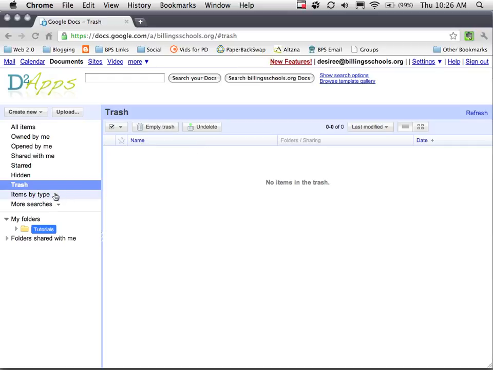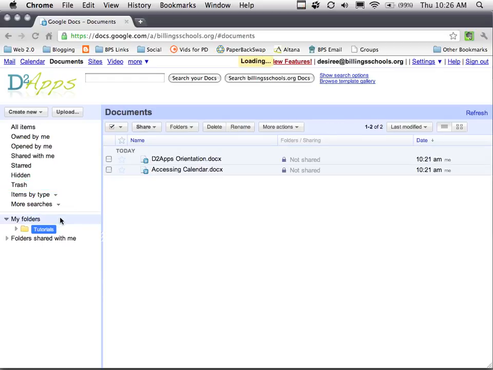Here's my favorite option. If I want to just pull up certain types of files, so if I want to pull up files that have not been converted to docs, those would be PDF files or images, anything that I've chosen not to convert when I do my upload process, that would show up. I don't have any of those files, so I won't select that. If I just want to see items that are word processing documents, I can select Documents, and you can see I have two,